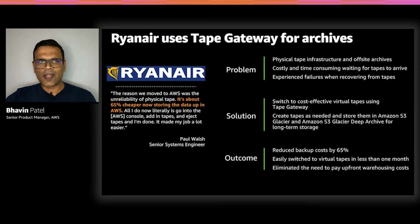We have a customer, Ryanair, a budget airline out of Europe that uses Tape Gateway. Before the customer started using Tape Gateway, they were using physical tapes to archive their mission-critical data and store that data off-site. However, using physical tapes was getting challenging. It took time to order the new physical tapes, and when they tried to restore data from those tapes, they